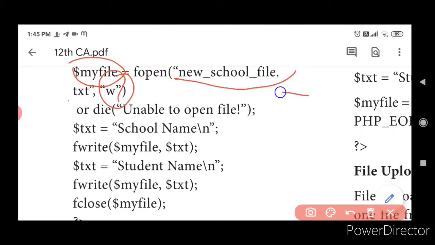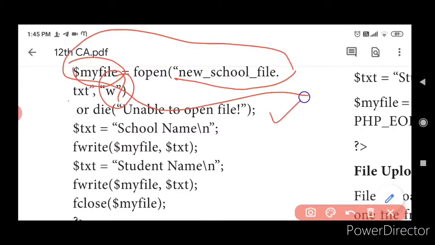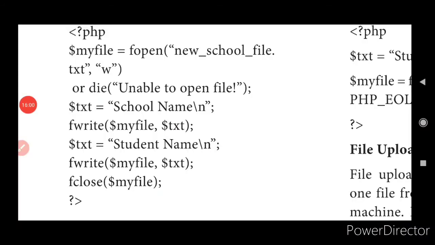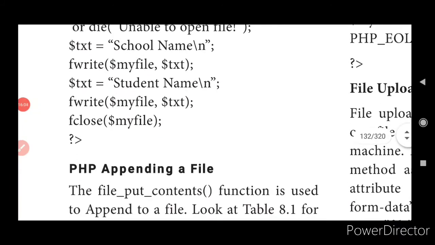In case if this file is not open, it is not available, you will get a message called unable to open file. Fine. What is the text we are having in it? Your school name. You will be writing it in your file object, and you will close it using fclose my file.